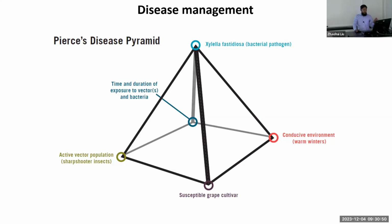So if we cultivate resistant and tolerant cultivars in the northern area, in the north part of the US, where the temperate zone is located, then this establishment can be controlled, because Xylella fastidiosa cannot survive in cooler regions. We can also control the vector, because the vector population can be controlled in cooler regions. And we can also control the vector by using